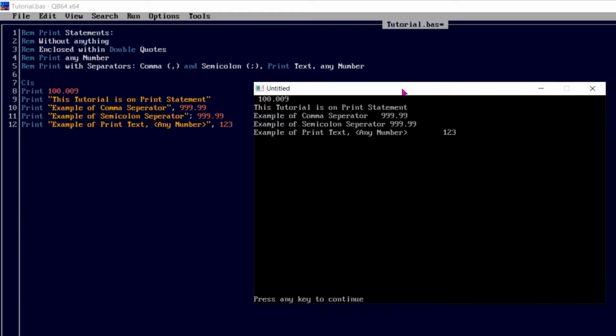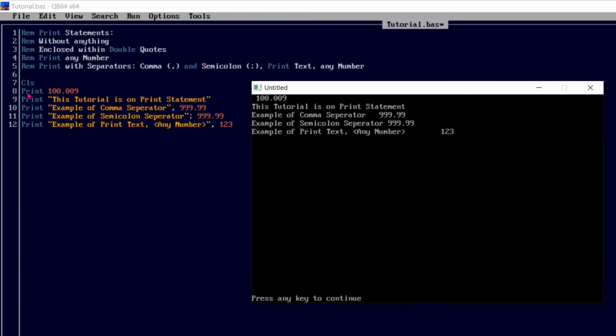So if we match, for line number 8, first of all line number 7 is clear screen, so this screen was clear before the program printed from line number 8 to 12. Then print 100.009, so this is clear, and line number 9 was a string, so this is printed: This tutorial is on print statement.